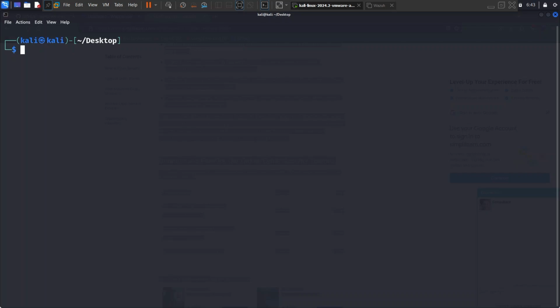Today we are going to learn about the less command. The less command in Linux is used to view the contents of a file one page at a time, allowing you to navigate through large files in a more controlled and interactive way compared to other commands like cat. Unlike cat, which displays the entire contents at once, the less command allows you to scroll up and down within the file, and the basic syntax for it is less